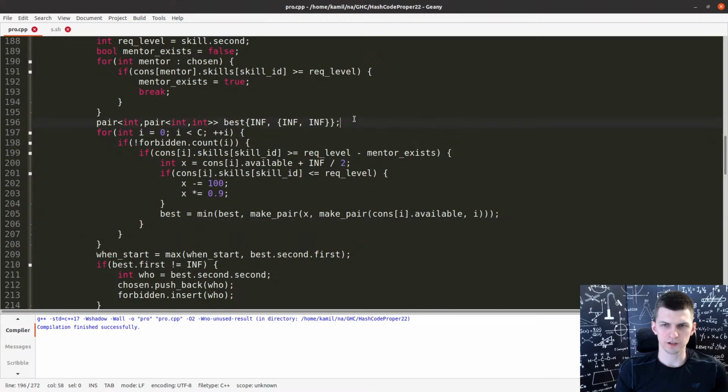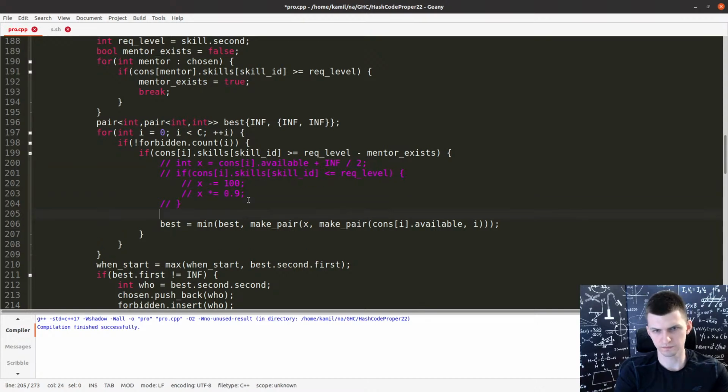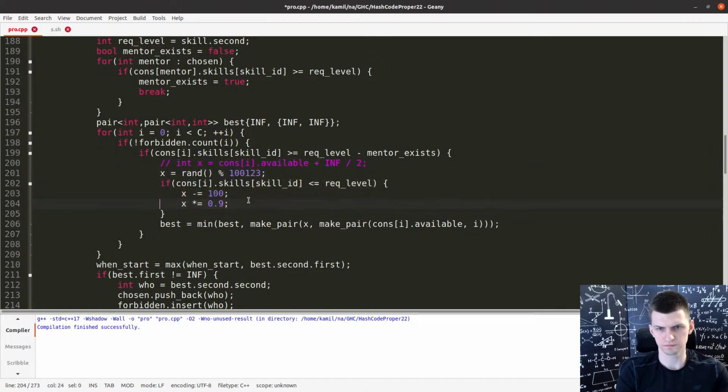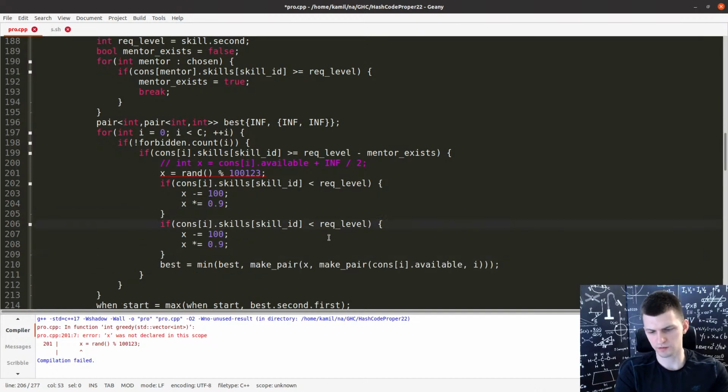Okay, I'm going to change this. I'm going to reward for being a lower level, especially if you're strictly smaller than the required level. If you're smaller than or equal, then also do that.